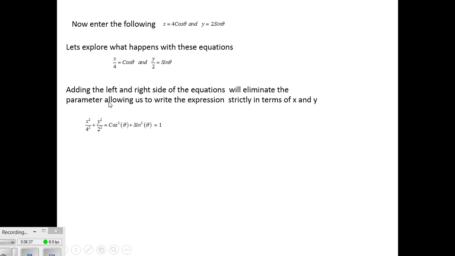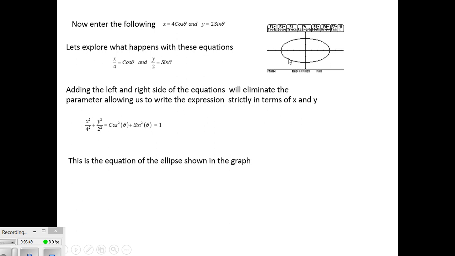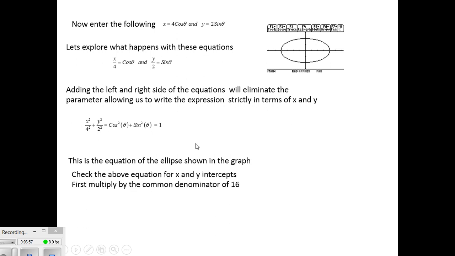So if I choose to square both sides and then add up the left side and the right side, this is what we're looking at. And of course, cosine squared plus sine squared once again is equal to 1. So this is going to be an ellipse. Okay. So we have generated an ellipse with that set of parametric equations. All right, and if preferred, we could actually eliminate the denominators here, multiplying by a common denominator 16, and we have x squared plus 4y squared equals 16, which, if you'll remember, I actually gave you